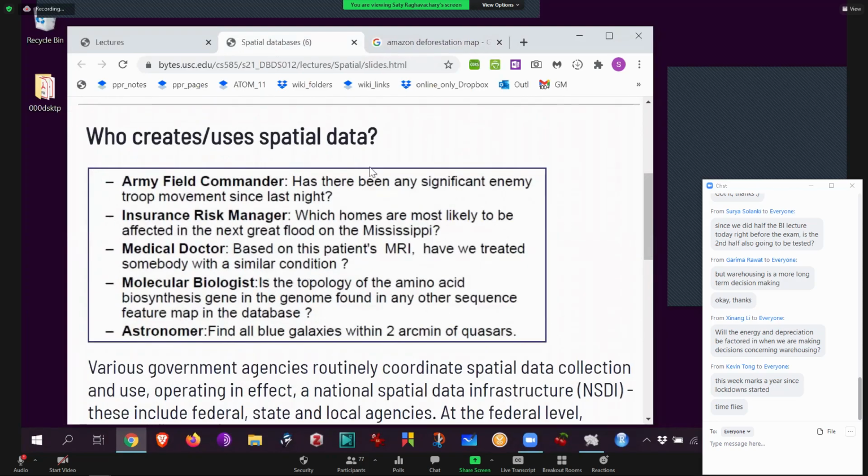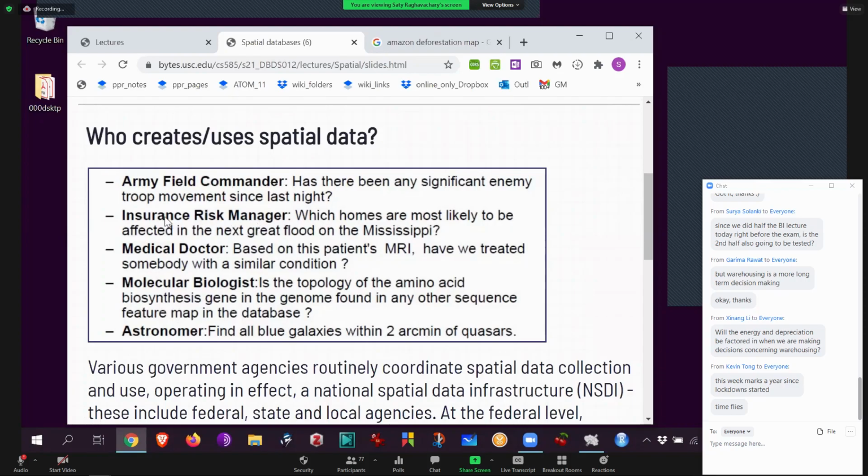Okay, so who creates spatial data? This is pretty cool. Army people, because again, I told you warfare is spatial. Insurance risk managers. The Mississippi River, for example, can flood. If someone built their home right near the river banks, they have a high chance that the home is going to be flooded. So they'll file for an insurance claim. The home is going to be destroyed. They'll come to the insurance company and say, pay me all the money, I paid you a premium every month. So they should then pay a higher premium compared to somebody that's 20 miles away from the river bank because their house would probably not be flooded.